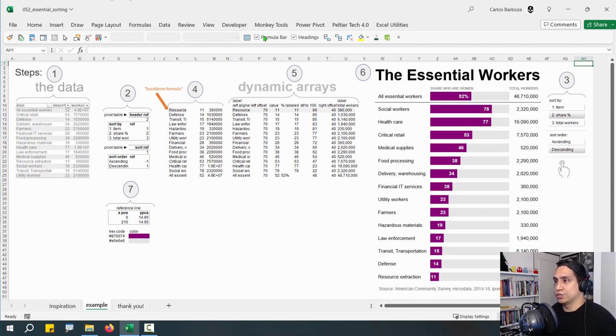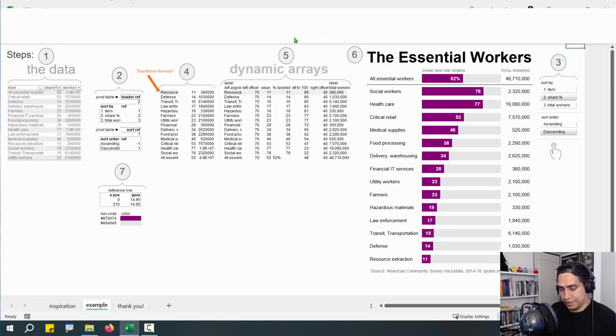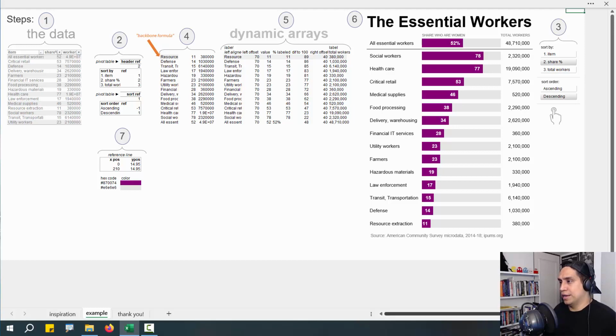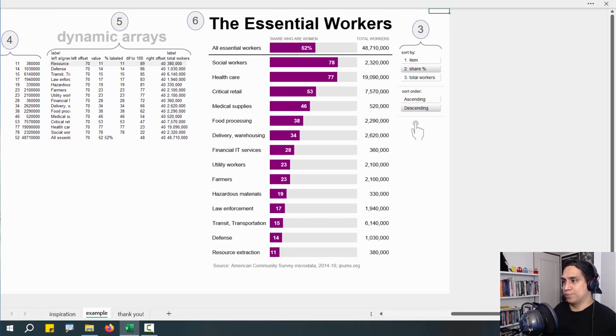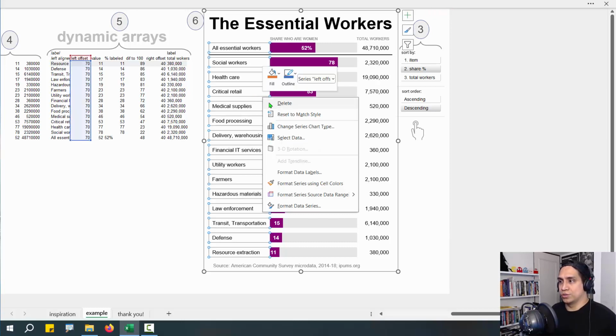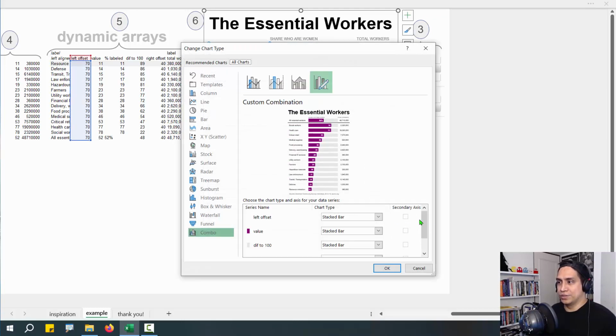So first thing, let's just take out the formula bar and the headings. Take out also the ribbon. And let's zoom out a little bit and place this chart more in the middle. There you go. So this is basically just a stack bar chart, nothing else. Let's click on the chart just to confirm that. And essentially, as you can see, a stack bar chart for everything, and then one item that is used to